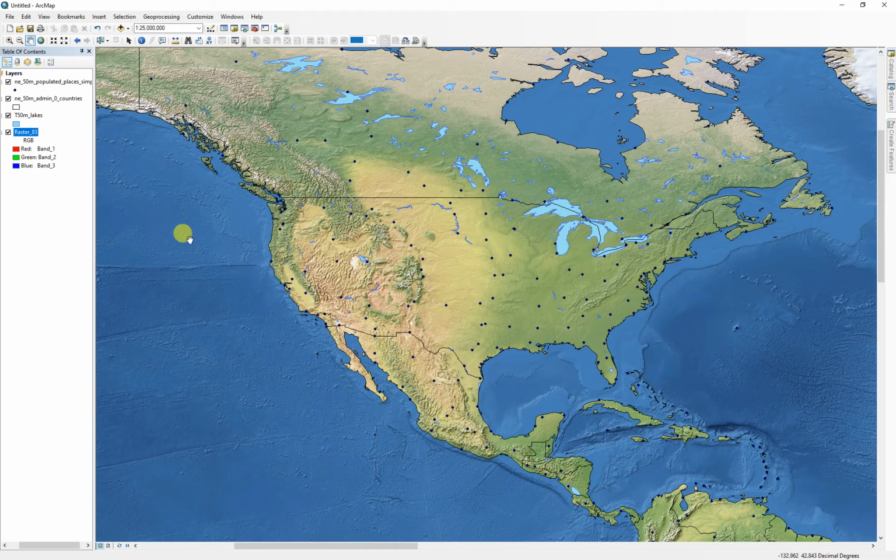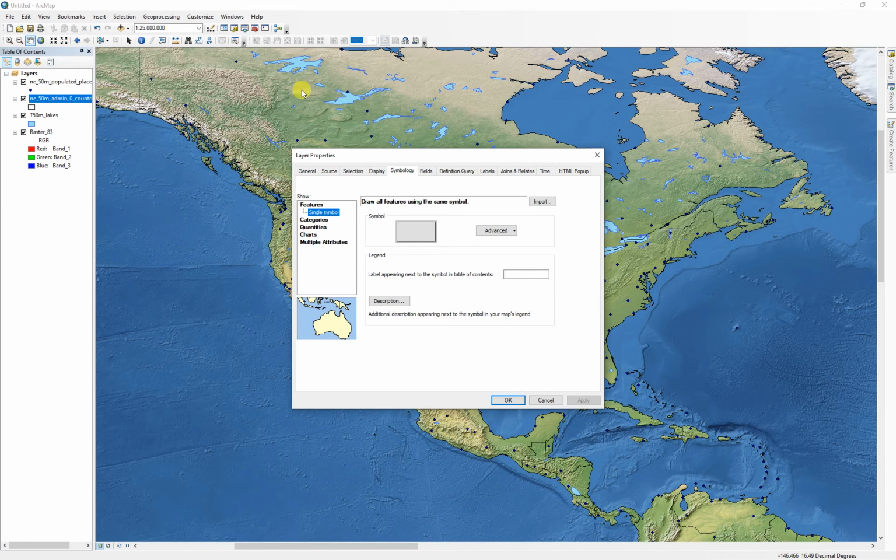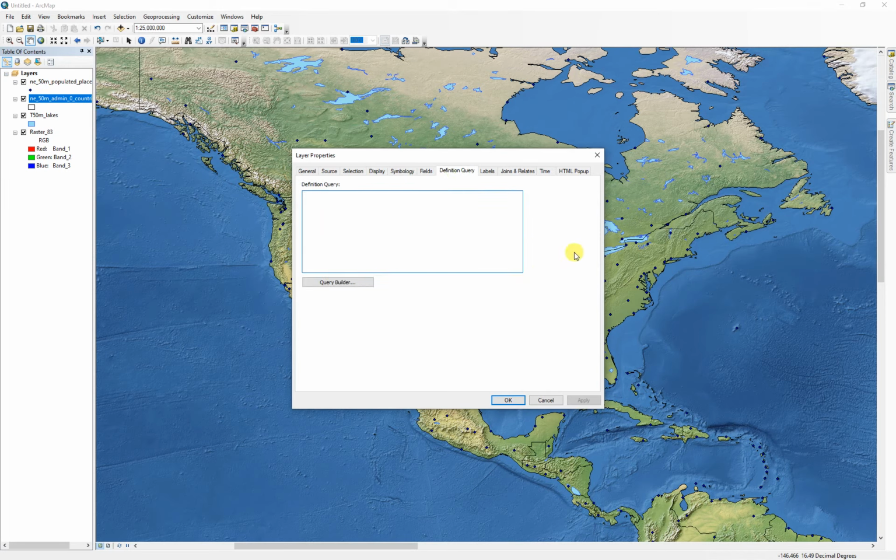Okay, now we can see all these borders for everything that's besides the United States, right? So we've got all the countries, Mexico, Cuba, and so forth. So we're going to do a definition query. Over here in the table of contents, we're going to go into our countries, and then go to definition query. I actually give you the whole script, but you can also build it with the